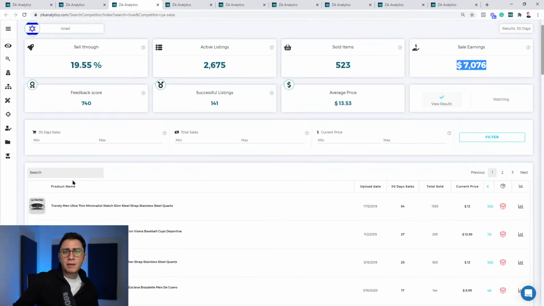Because, okay, a seller can have very good performance, can sell very, very well, okay? But on the other hand, if he's working with a very low profit margin, you will not find products you can be competitive with, and then what? You will not sell profitable products, and it will be hard for you to compete with him and make profit, and it's not going to be worth it. So you want to find those smart sellers who also work with high profit margin. And it's like building an army of people who are finding products for you, okay?